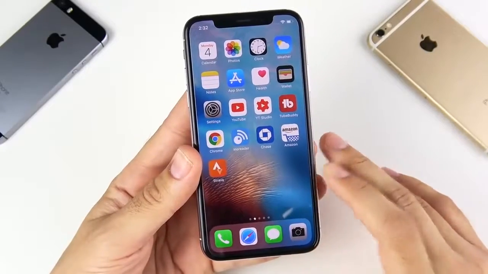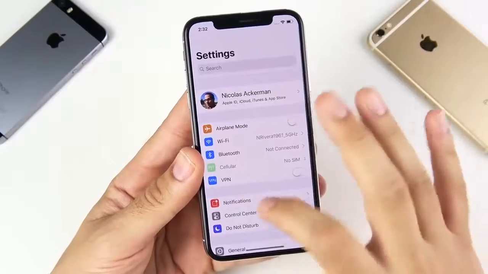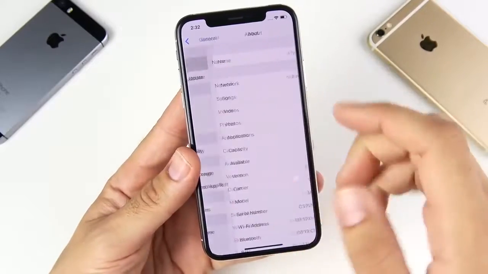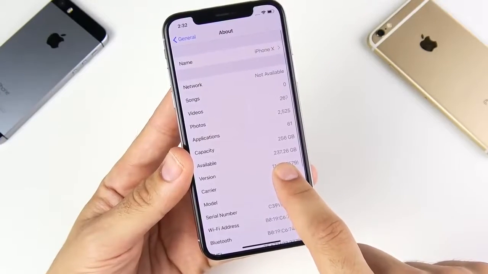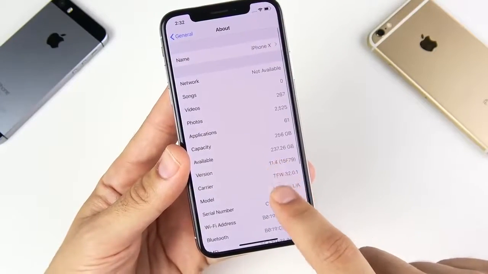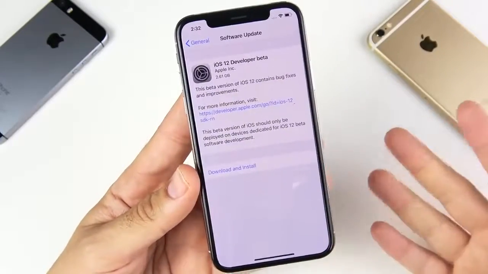iOS 12 developer beta preview, beta 1 review. Now, I am on iOS 11.4 right now. Quickly, I just want to show you how much storage is on here so you know what you're going to expect when you update. 237.26 gigs remaining, 11.4. Going over into the software update to download this, you do have to be a developer,